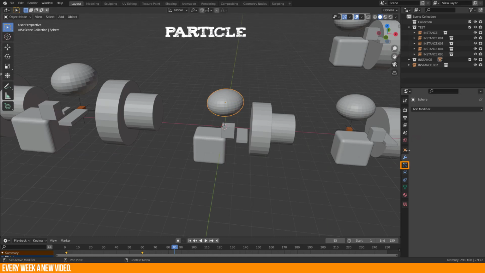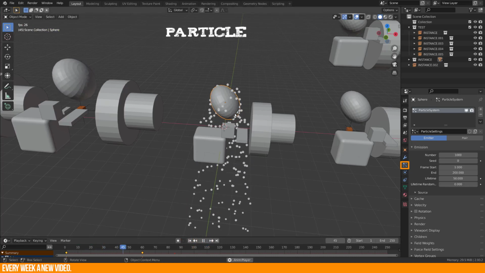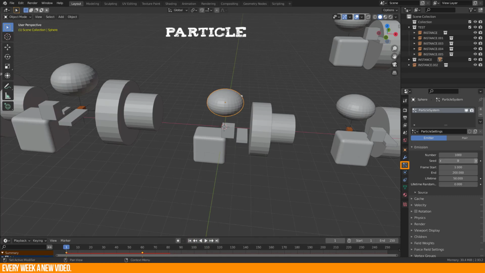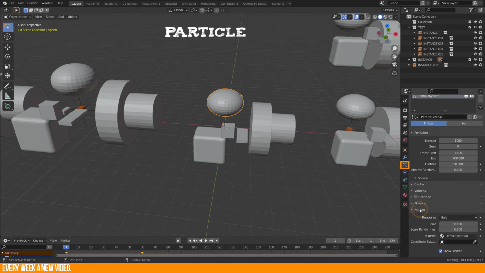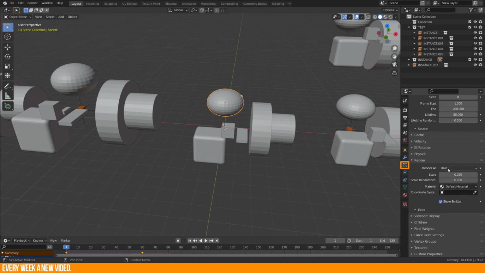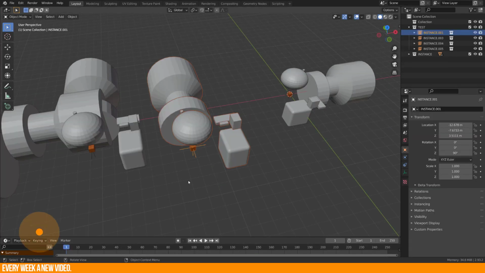When you select one object and add a particle effect, then this basic particle effect will not be shared to the instances. In the particle properties, you have to scroll down till you find Render and switch Render As from Halo to Object or Collection. For sure you have to select the object or collection next so that it works.